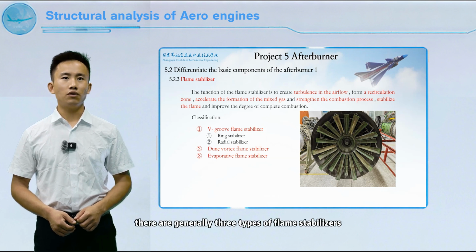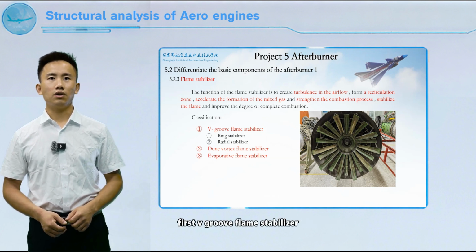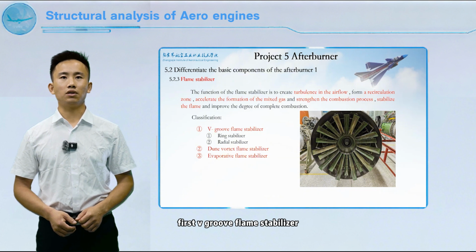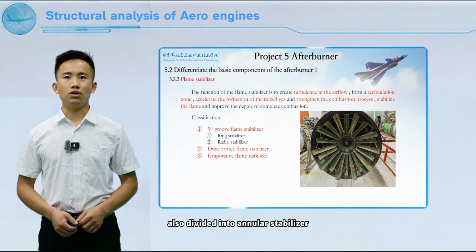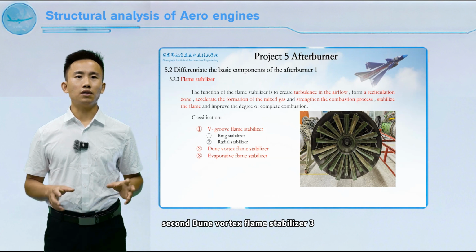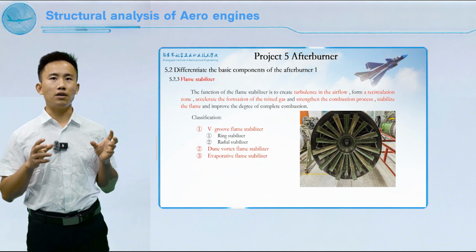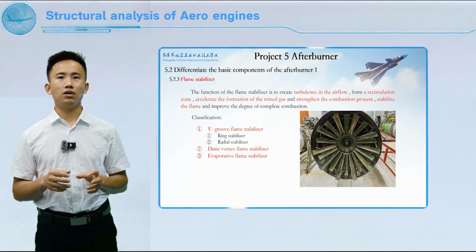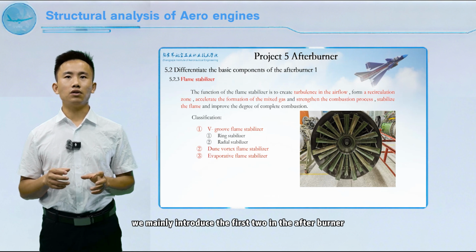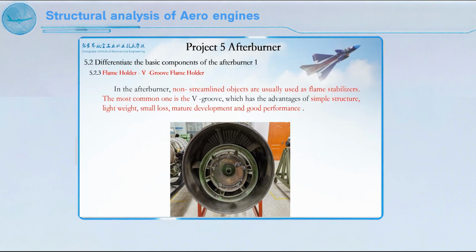There are generally three types of flame stabilizers. First, V-groove flame stabilizer, also divided into annular stabilizer and radial stabilizer. Second, Dune vortex flame stabilizer. Third, evaporative flame stabilizer. We mainly introduce the first two. In the afterburner, non-streamlined objects are usually used as flame stabilizers. The most common one is the V-groove, which has the advantages of simple structure, light weight, small loss, mature development,